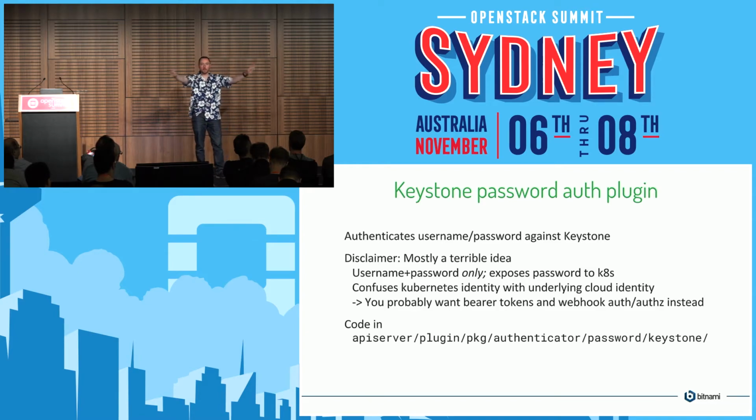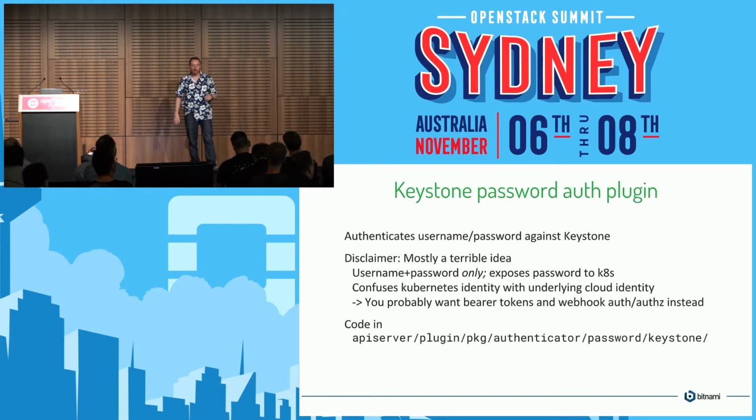Anyone who's from the Keystone community here, I apologize. This is not the way Keystone is meant to be used. If you use it this way, what you're doing is sharing your password with all of that Kubernetes code, whereas what you're meant to do with Keystone is talk to Keystone separately, using username and password, perhaps not using a password, perhaps using two-factor auth or Kerberos tokens or all those millions of features and different options that Keystone supports. And then you're meant to get back a token, and then you pass that token onto Kubernetes in this case, and then Kubernetes can verify that that token is valid. That's the way you're meant to use Keystone. That is not what this code does.